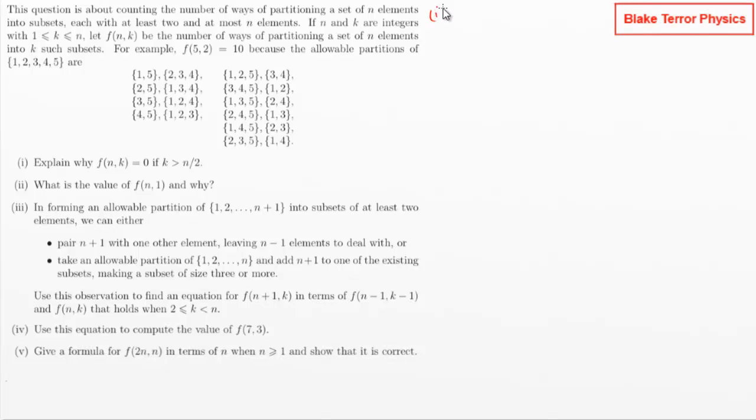Right, so let's think about this then. So we have to have at least 2 elements. We've got n elements. We have to have at least 2 elements in each subset. So we've got k subsets. So if we've got more subsets than half the number of elements, that's going to fit with this, that we have to have at least 2. So explain why. If at least 2 elements in each subset,